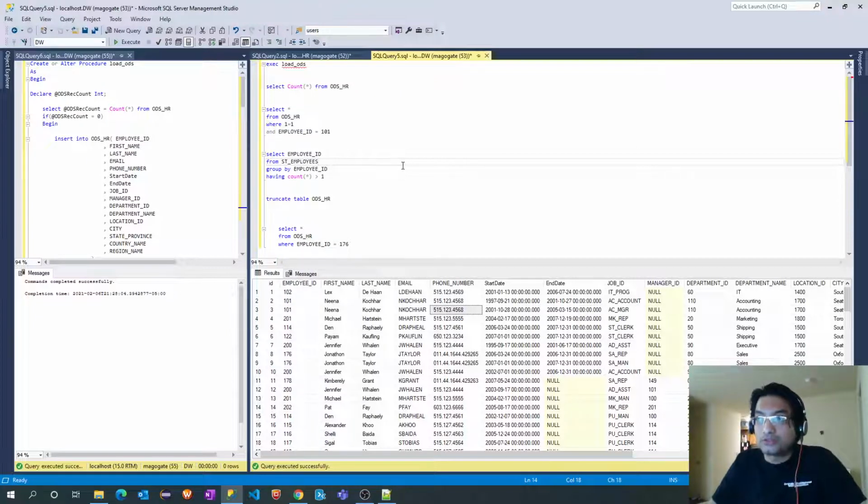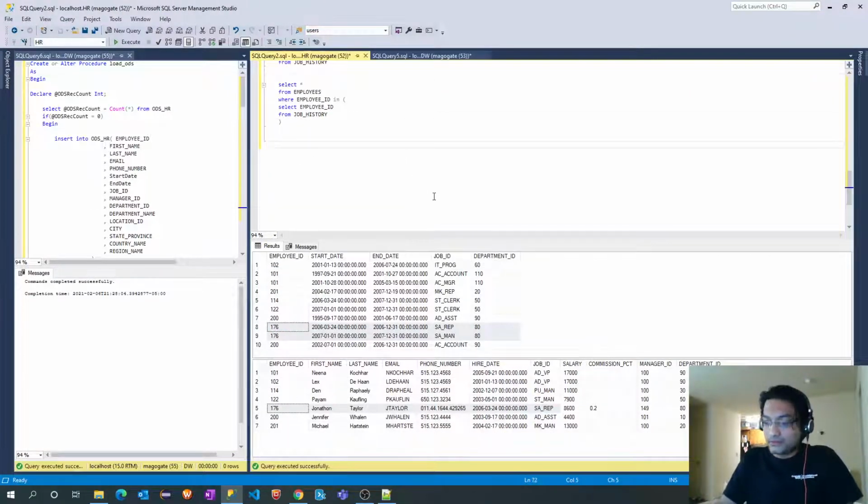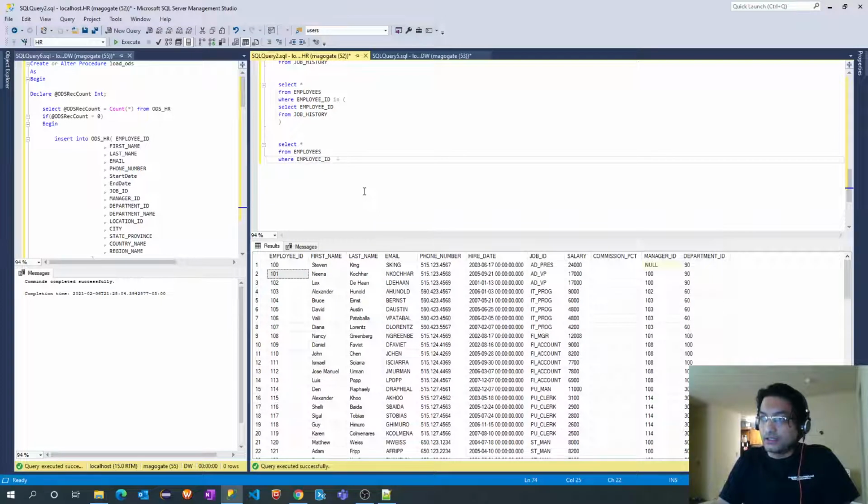So let's take a record from the employees table. I will go back in my HR schema, select star from employees, where employee ID equal to 101.